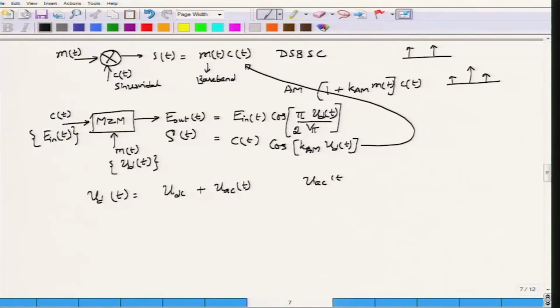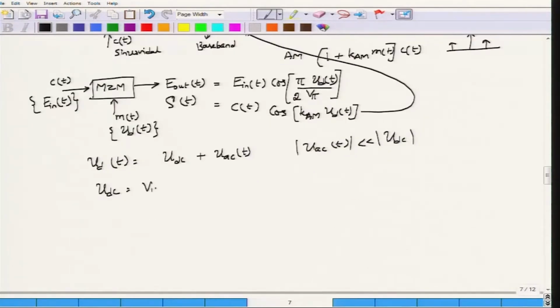The AC component is very small. The magnitude of the AC component, or the peak value of the AC signal, is very small compared to the value UDC. Let us also put this down in terms of the magnitude itself. So, this has to be very small compared to UDC. Now, if I take UDC to be equal to V pi,